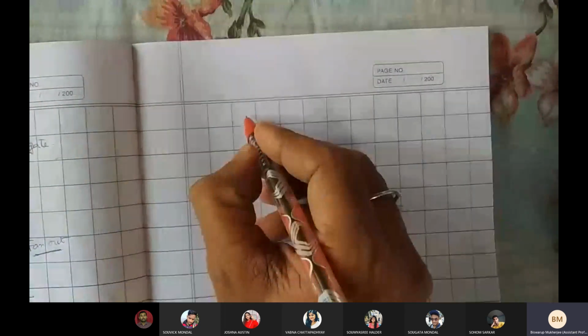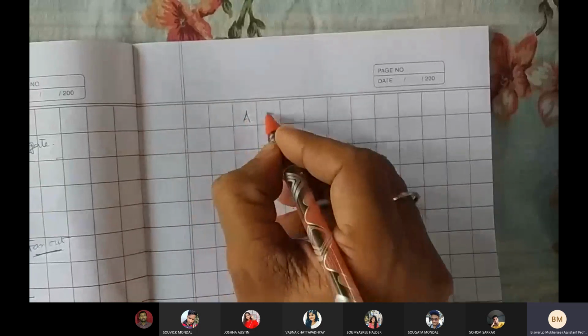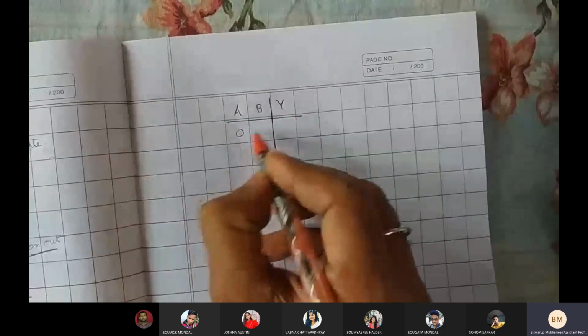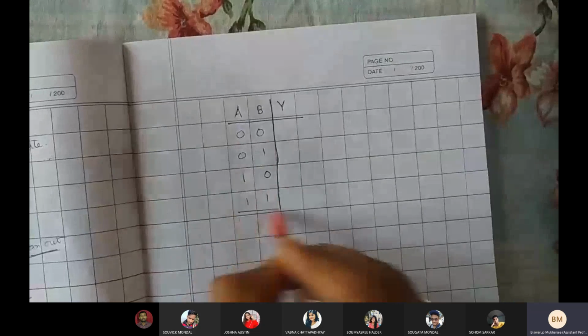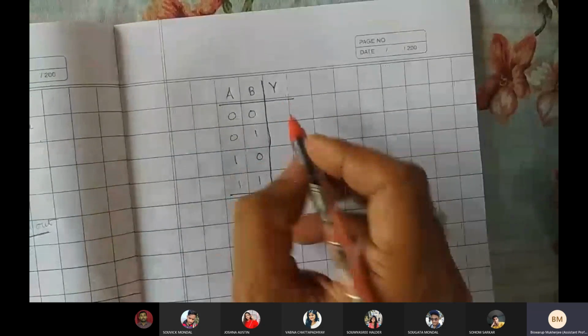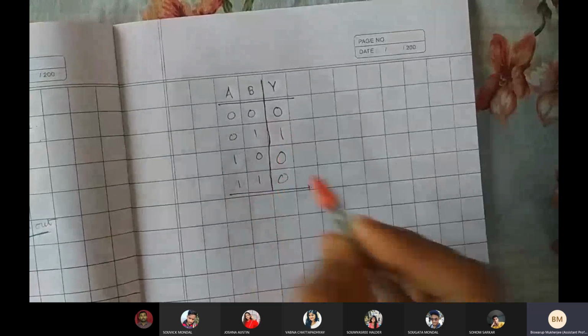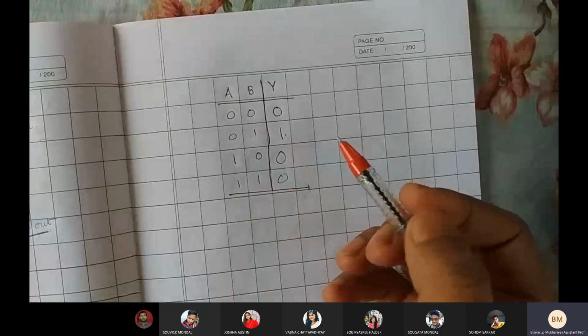Let us start. Let us consider initially a function whose truth table looks like this. So let us have a direct truth table first. A and B are the 2 input variables, so these are the 4 combinations: 00, 01, 10, 11. Maybe we have the outputs 0, then 1, then 0, 0. So these 3 are 0 and only 1 is 1.